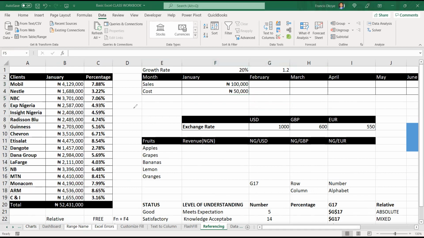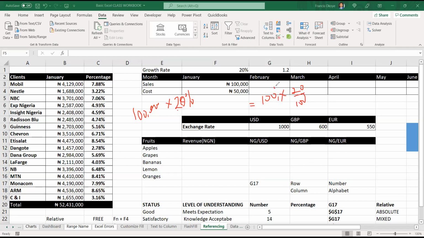If I want to increase 100,000 by 20%, it will be 20% of 100,000. So 100,000 times 20 divided by 100.